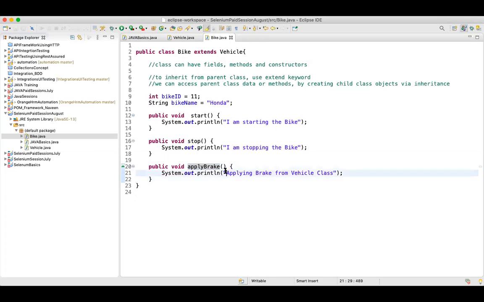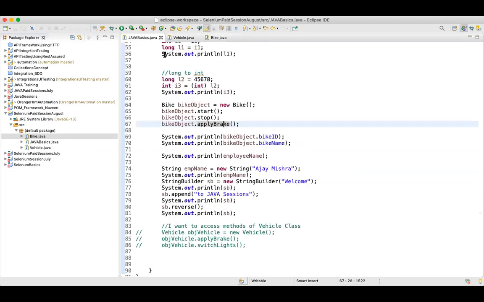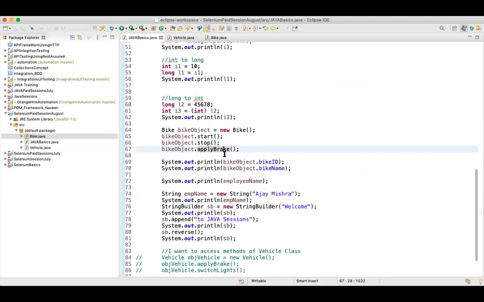Okay, let's imagine I want to customize this. I'll say I am calling this from bike child class, apply break. Now if you see, we have this apply break method in the child class as well as in your parent class, right? And now when I go to your Java basics, this is your main application.